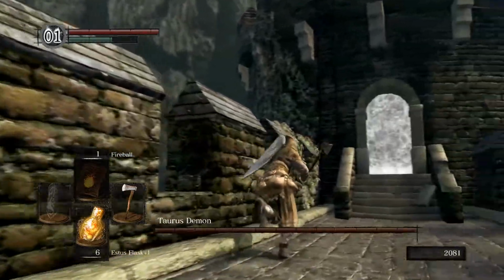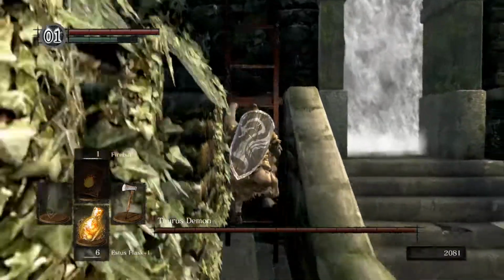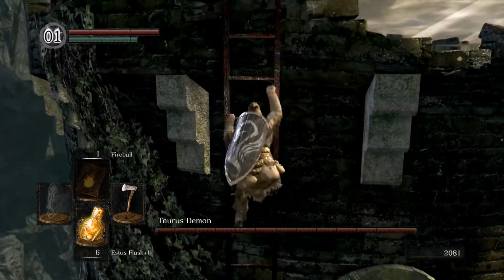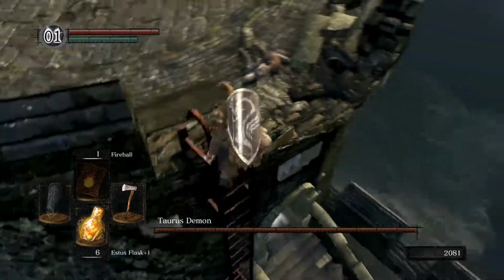The Taurus demon is weak to lightning. Not as much as some other bosses, but you can if you want. However, a new player is just going to use a weapon buff and then die, right? So it's not really worth it. But...